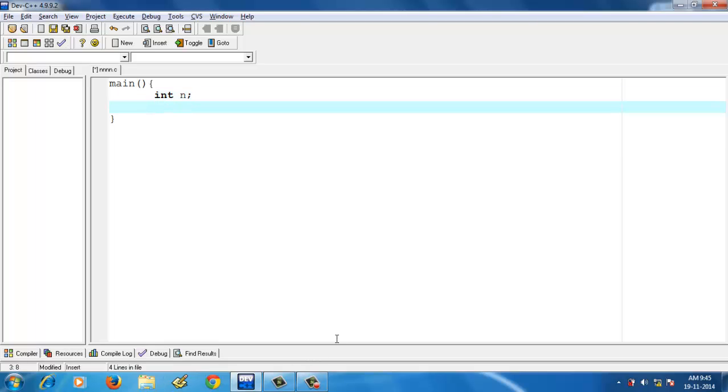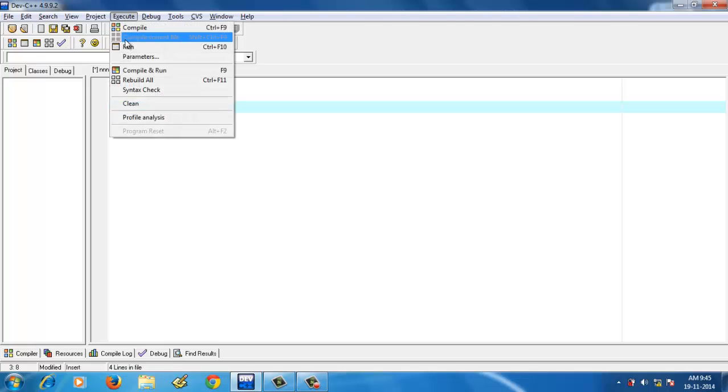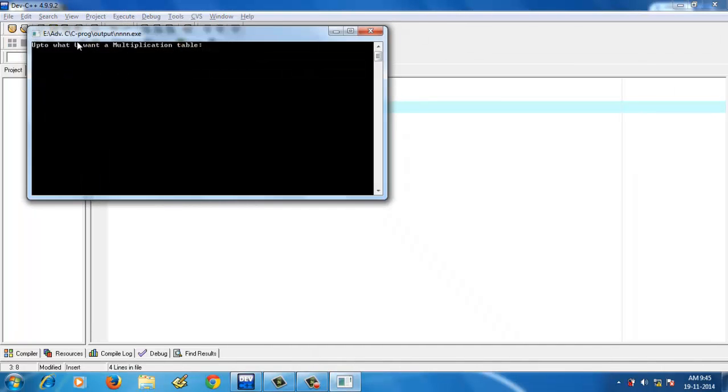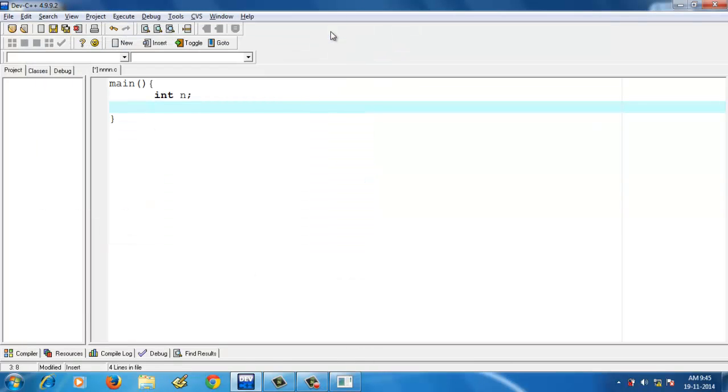Then I need to print a message that is, up to what you want a multiplication table. So I use the printf function to print that message. Up to what you want a multiplication table.